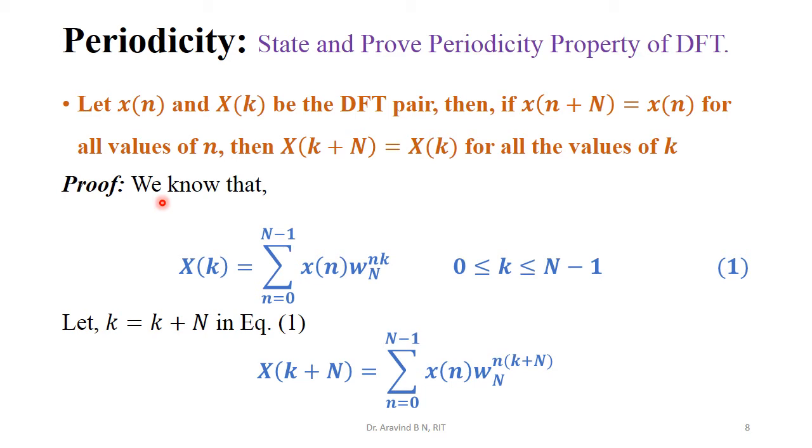So we are going to start with the DFT expression. In almost all the properties, we have to start either with the DFT expression or with the IDFT expression. In most of the cases, we always start with the DFT expression. In one or two properties, we are going to start with the IDFT. In the simplest manner, if you want to remember, then make a comparison. Once you have the DFT expression, compare what is there in the DFT expression with what we need to have with respect to the statement.